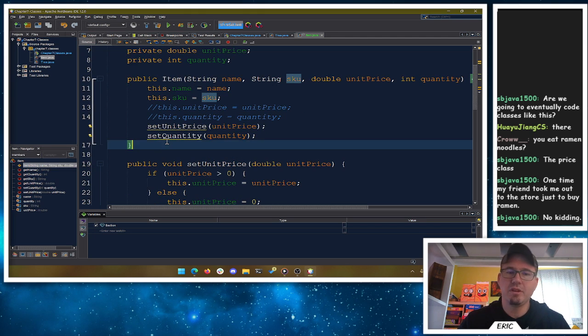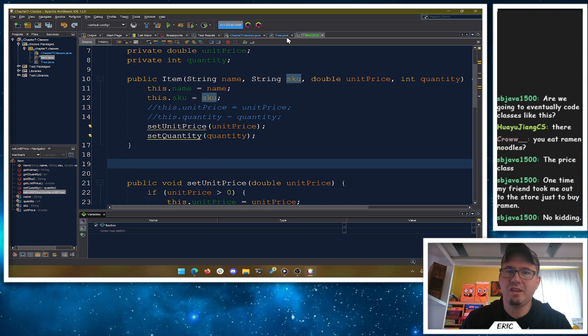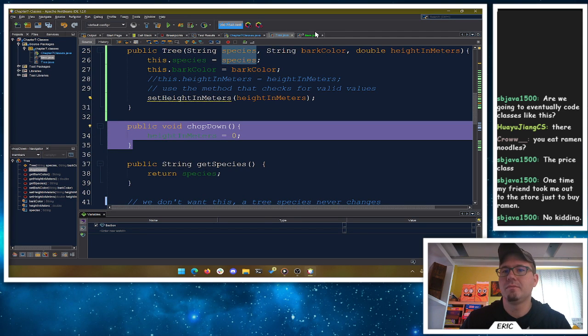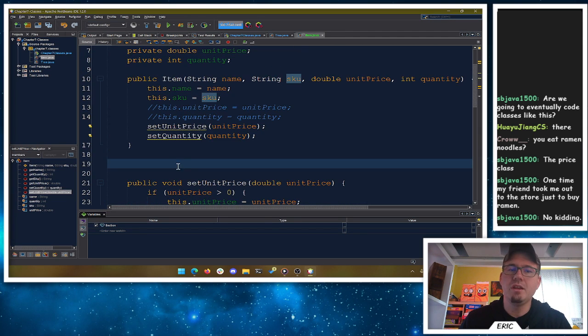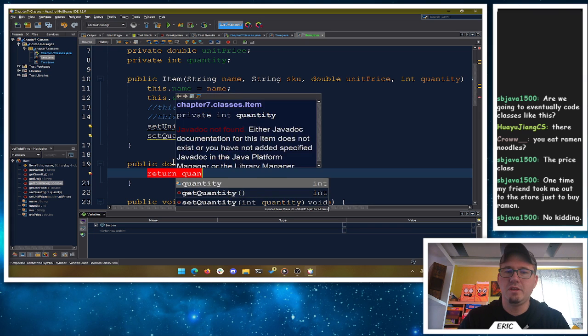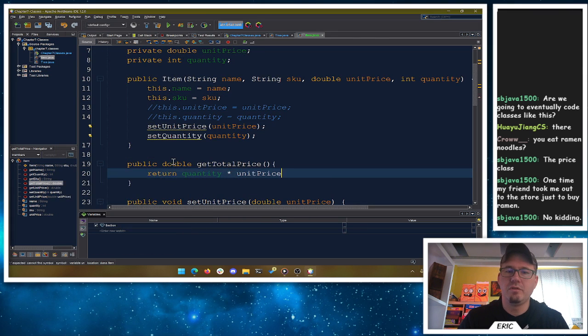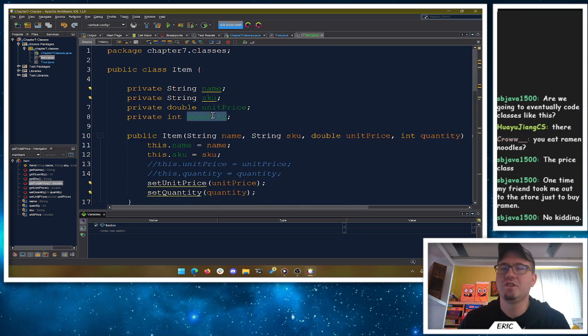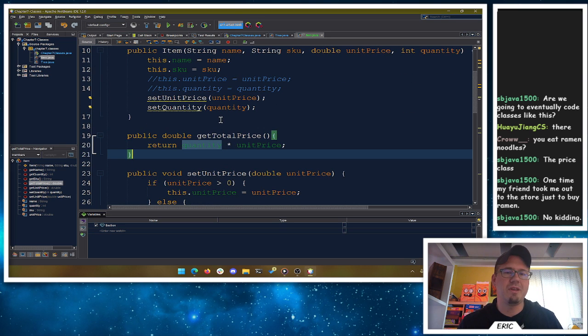Now the other thing we want to do with item. So far sets and gets were really boring, right? With tree, it was pretty boring, but they said, hey, we'll add a way to chop down that does something here. So for item, we're going to add a new method. We're going to add a public double getTotalPrice here. And then we're going to return our quantity times the unit price. So if you say, hey, I want to buy 10 packs of ramen, and ramen are 39 cents each, we'll do the arithmetic for you. Thanks, cash register, right? Or whatever our application is going to be for this item here. Maybe some online shopping program, I don't know. Whatever we wanted to make it to be.